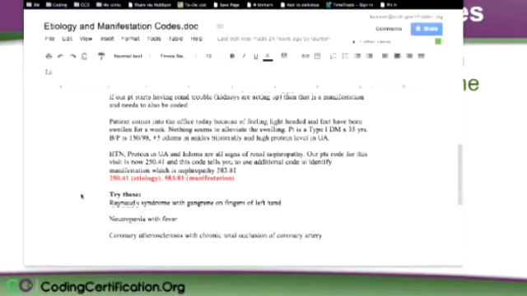So our patient code for this visit is going to be 250.41, and this code tells you to use the additional code to identify the manifestation, which is neuropathy, 583.81. So 250.41 is the etiology, 583.81 is the manifestation, and there's some other suggestions of ones that you can